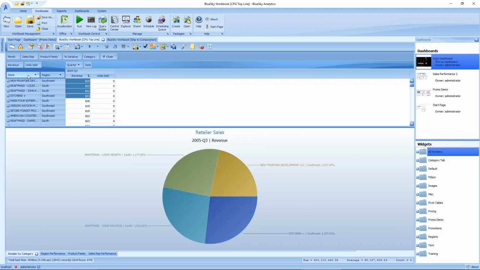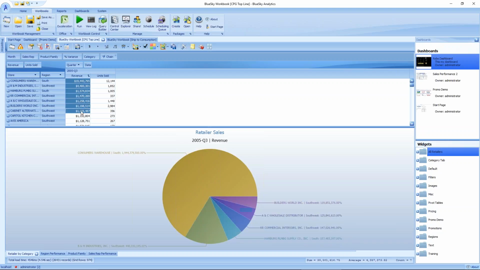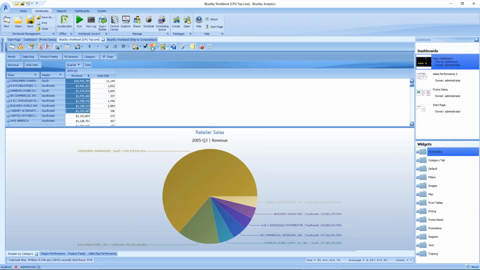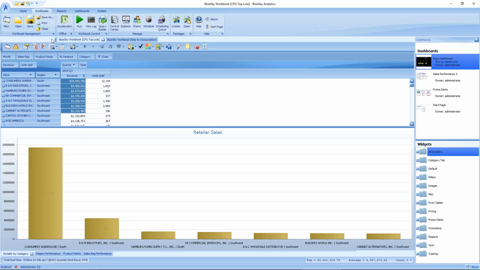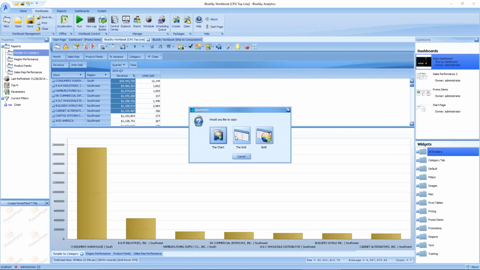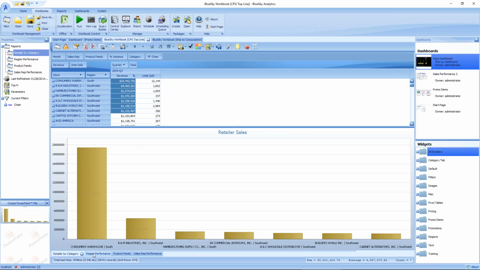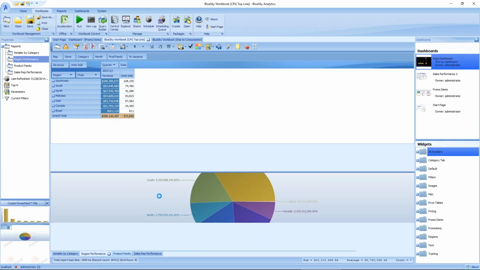I'm sorting lowest to highest, as this little arrow indicates. If I want to see my highest performing stores, I can simply resort. And I can highlight whatever I'd like and see it in the chart below. I can even change that into a bar chart. And I can pull that into PowerPoint if I'd like. I can grab that information. In this case, I'll just take the chart. I can also look at the different reports that were created for me by my analyst, by my power user. Here's a product family report.